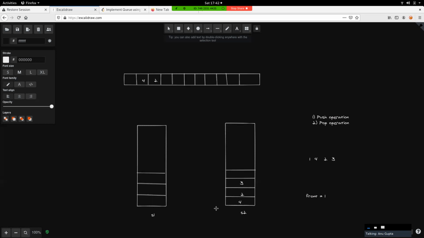And at the end, we again insert all those elements in the reverse order into the main stack. So it's always removed from the top only, right? And it's inserted in the main stack from the top itself, correct? So 3 2 4 will be the order here as well, right? And you see now 4 is the topmost element. So next time we are popping out, we see that 4 is the topmost element, and in the queue operations as well, 4 is the frontmost element in the queue also.